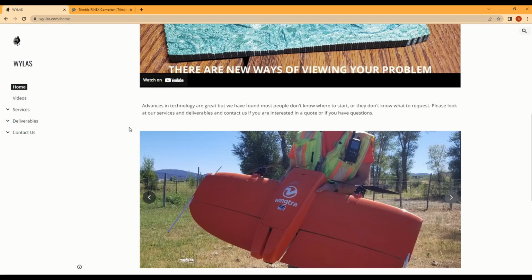I'm about to go through a WingtraOne workflow for getting 3 different deliverables: land XML, an LAS, and an Ortho